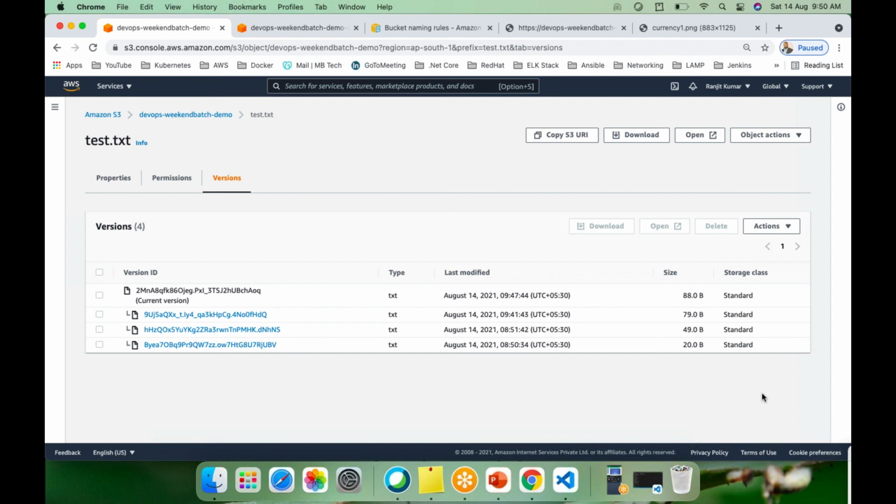So got it guys? I think it should be clear. If you have any questions, please let me know, we'll discuss. Or else we'll wind up this call for today, and tomorrow we'll see this CloudFront lab. Also, we'll move on to the AWS CLI, the automations, the command line, how we can automate our code without using the AWS console. How we'll automate the stuff using the AWS CLI, we can see in our next classes.